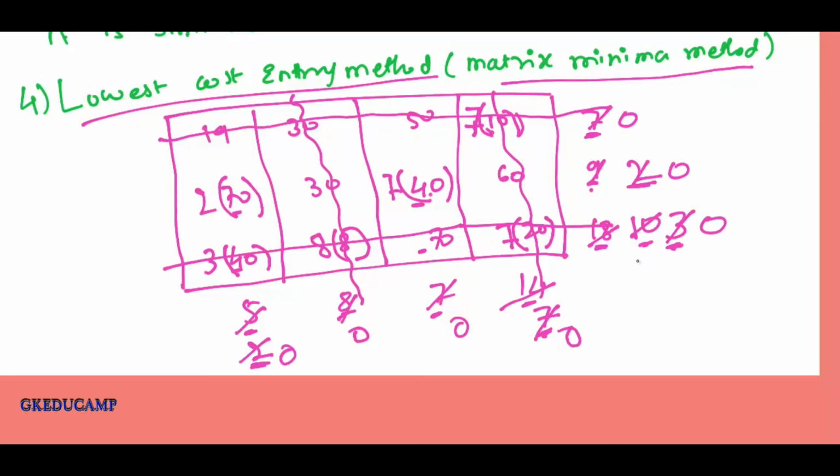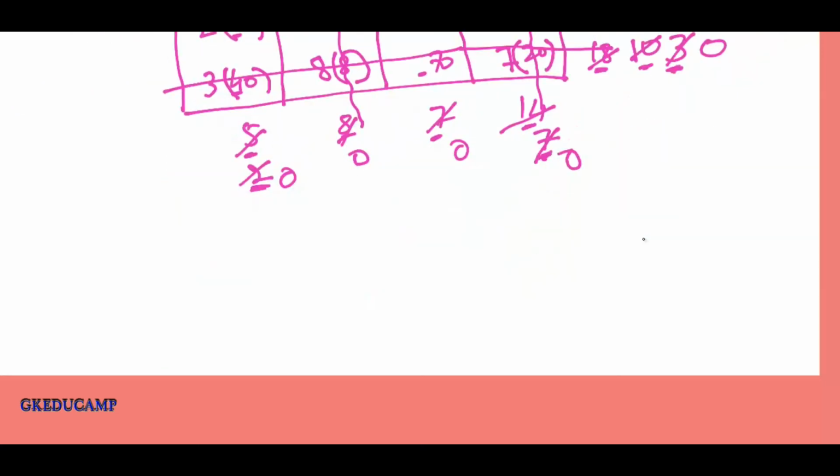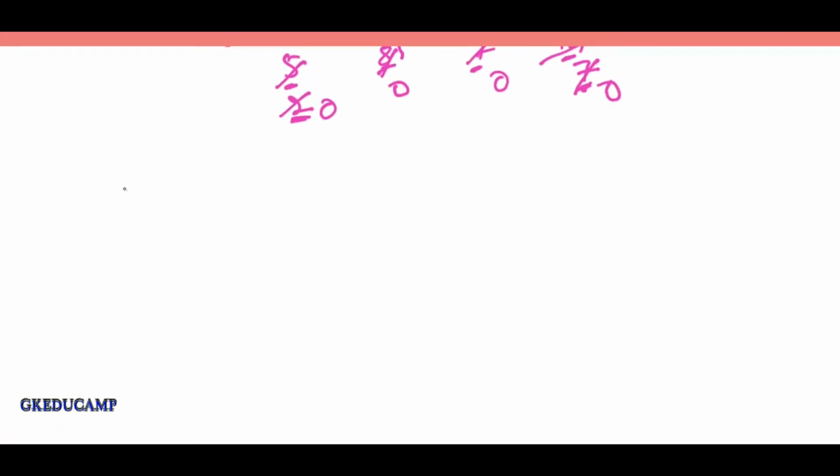In matrix minimum method we will see the complete structure of the table, and in this table we try to find out in each column and row which one is having the minimum cell entry, minimum cell values. We have to find out those minimum cell values and try to allocate first, whether it may be in first row, second row, first column, second column, anywhere. We have to find out the minimum value and try to allocate that minimum value first. And for this one you will get the total transportation cost of